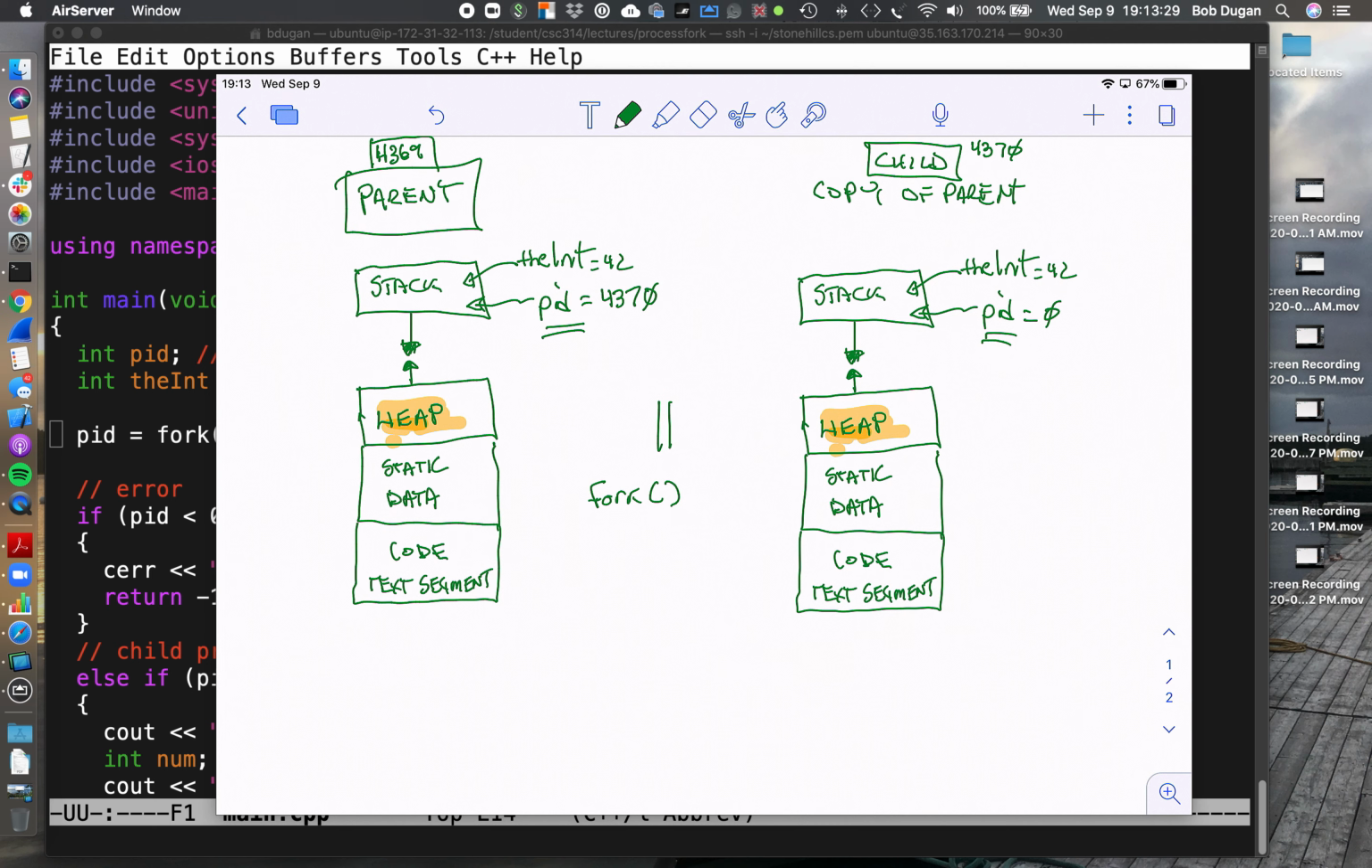Now, a little bit later, the child changes the int from 42 to 100, and then prints it out. When that change gets made, the parent's int doesn't get changed. The parent has its own int on its own stack. So that int remains 42. And that's how both the parent and the child can have the same local variables and change those local variables, but they don't interfere with each other because they're running as two separate processes with two separate chunks of memory. Okay,